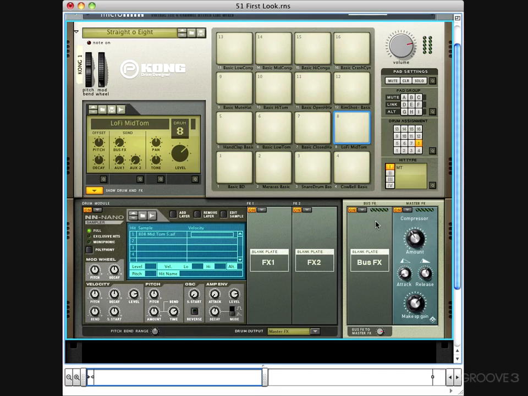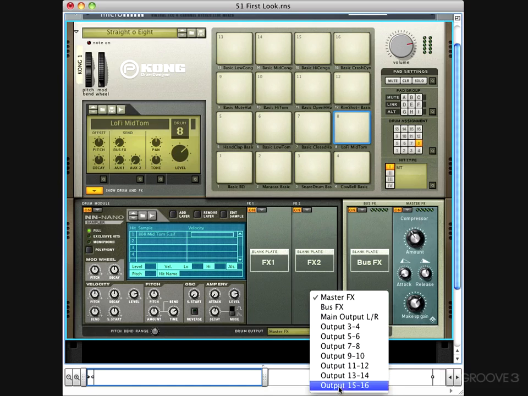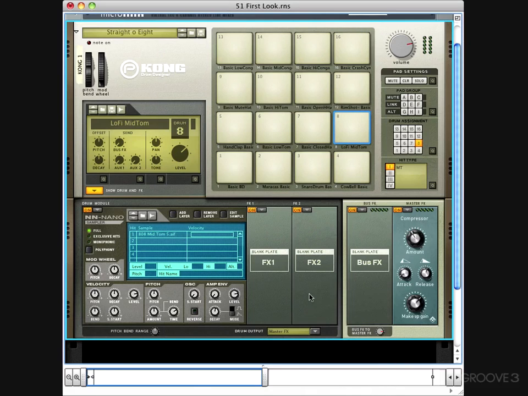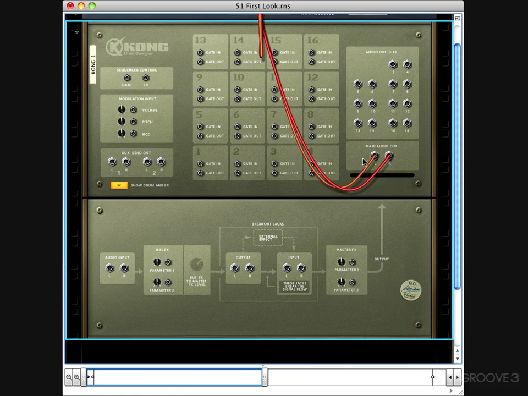We have a bus effect slot, and the depth of the effect in the bus effect slot can be set per pad by using the bus effects knob. We also have a master effects slot, which will affect all of the drum sounds altogether. In addition to these internal effects routings, we can also route the drums to individual outputs to use external effects or external mixing. And if we flip to the back of the rack, we can see here on the right